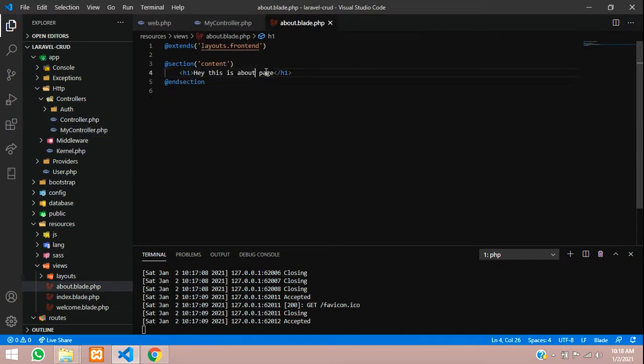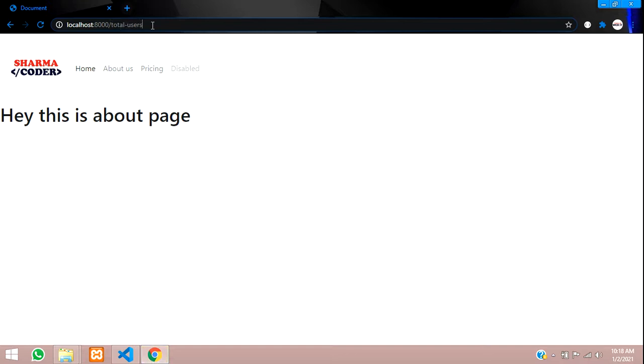Let us go there and echo the output. You can give double curly braces and give data directly. You can just echo it, dollar data. You don't have to give echo over here like we give in PHP. This double curly braces means it will just print it over there. Now let us reload, and you see that data has been passed over here, 50.